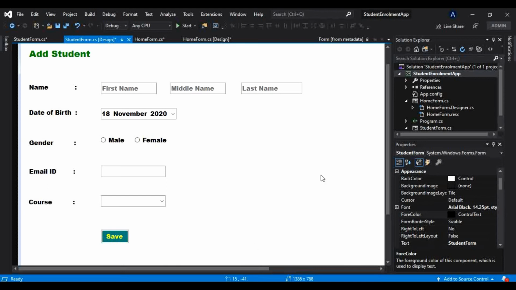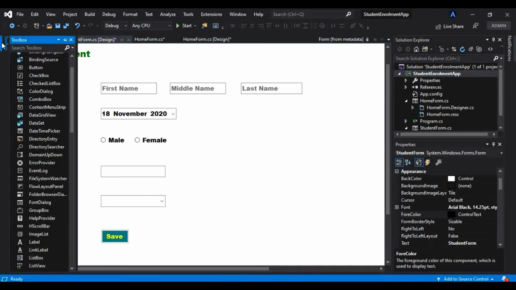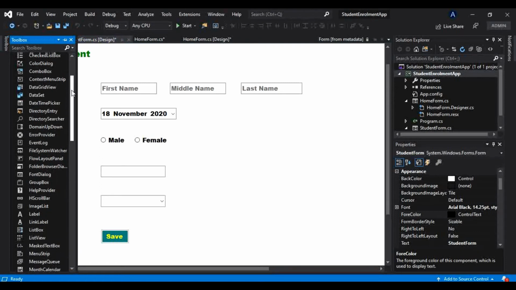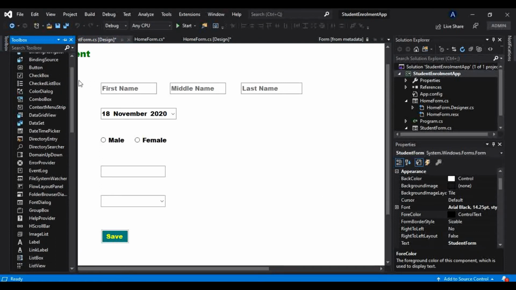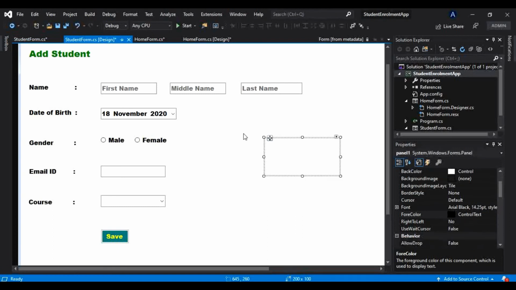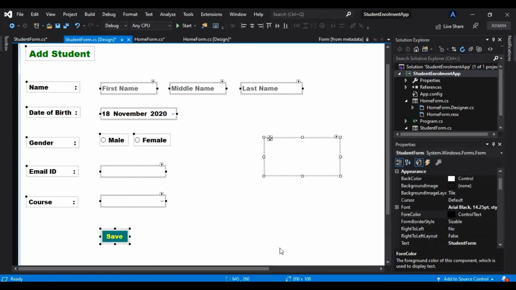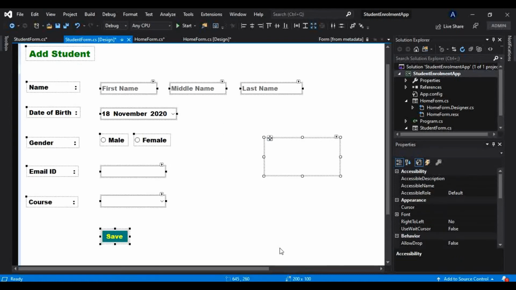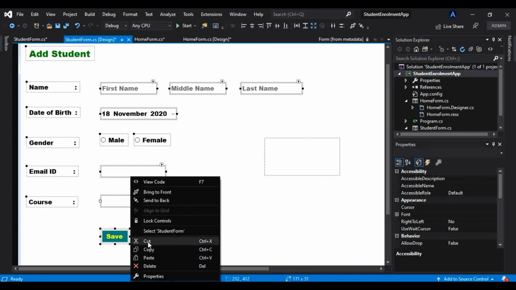Okay, so now again I have not chosen a panel from here. I want one panel, that is, all these elements I want inside a panel. So I will choose that from here, so I will place that here, and what I will do, I will just select all this from here except this panel, and I will cut this from here,